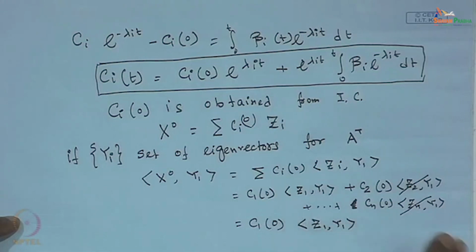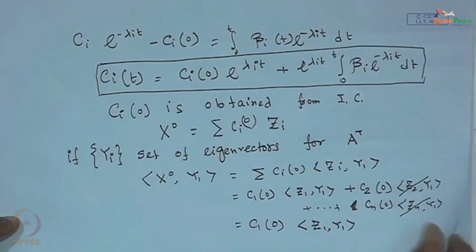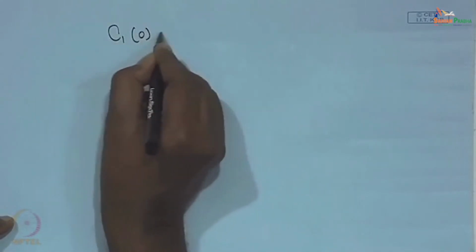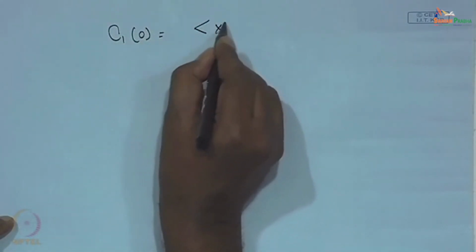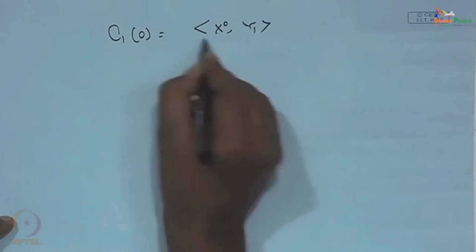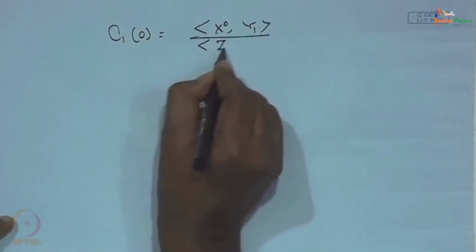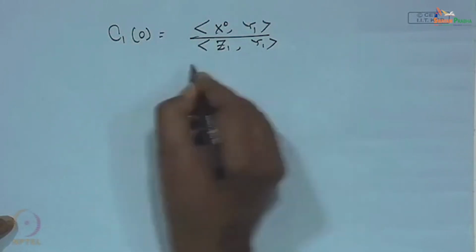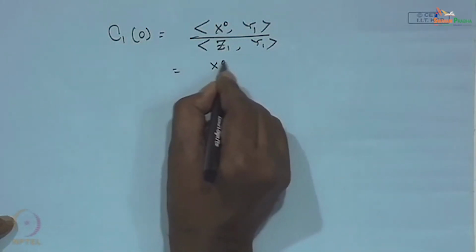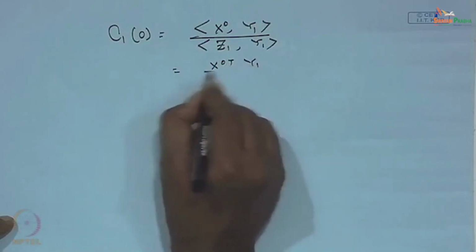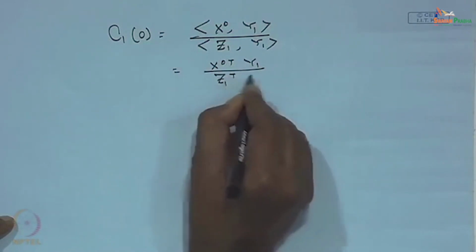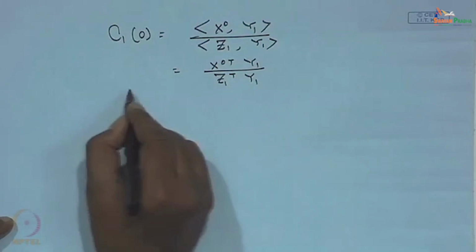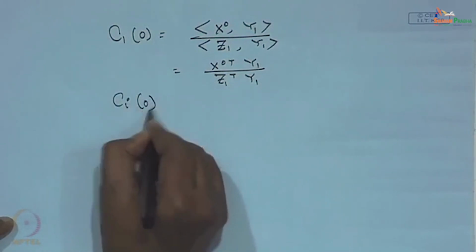In that case, c_1 naught is equal to the inner product of x naught and y_1 divided by the inner product of z_1 and y_1, and we can write this as x_0 transpose y_1 divided by z_1 transpose y_1,